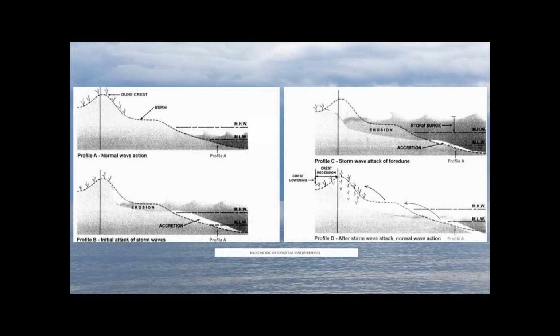What we're trying to do is mimic the natural conditions of the lake. And that's important because particularly on Lake Michigan, we have variations of water level, which we're seeing right now. We know they're very active and dynamic systems. So if we look at this beach profile here under what we'll call normal conditions, we have our beach face, we have a berm, we have a vegetative stabilized dune that's collecting sand behind there, and we have kind of a happy, healthy condition. As water levels go up, or as storms come in, we have